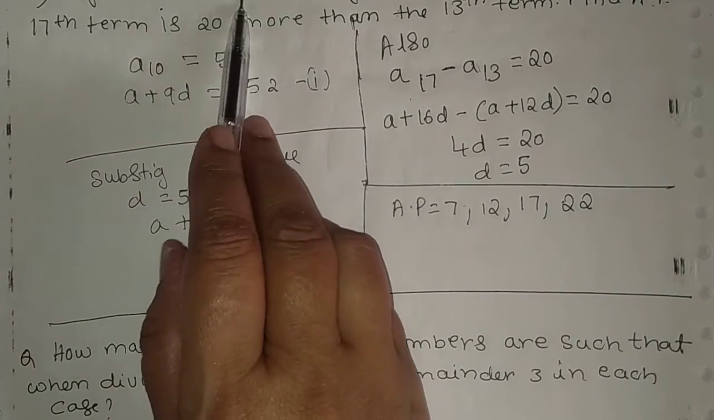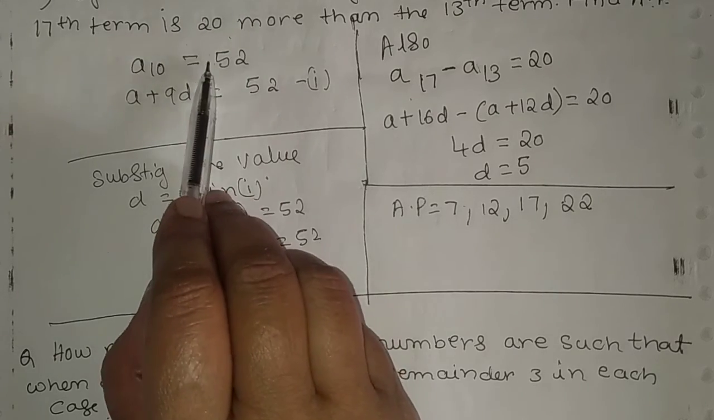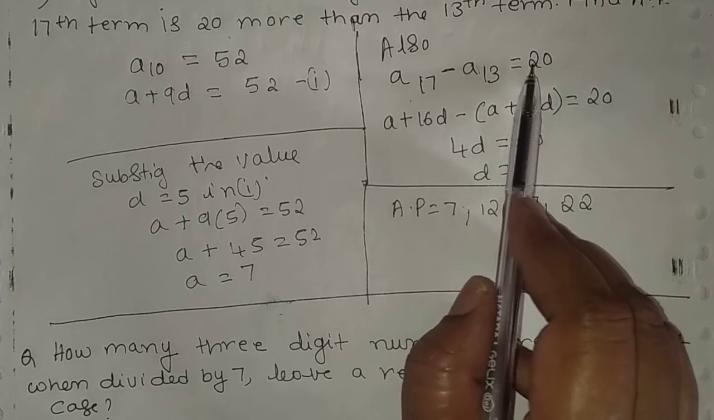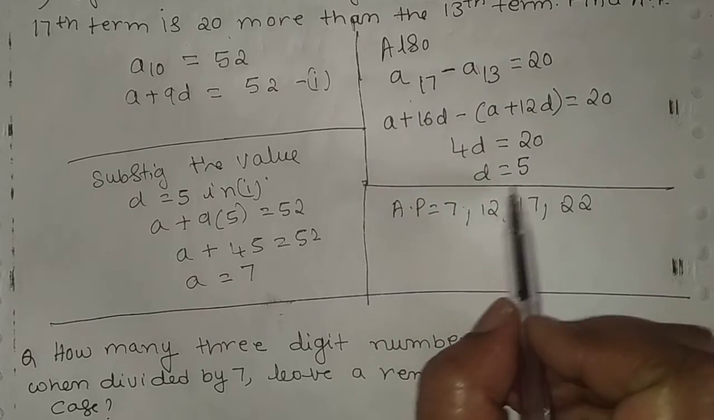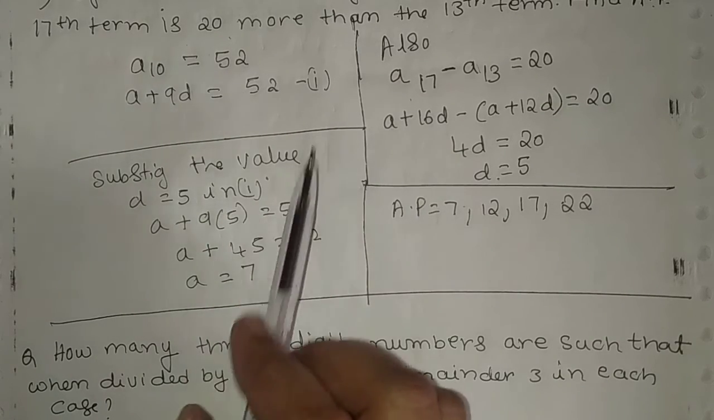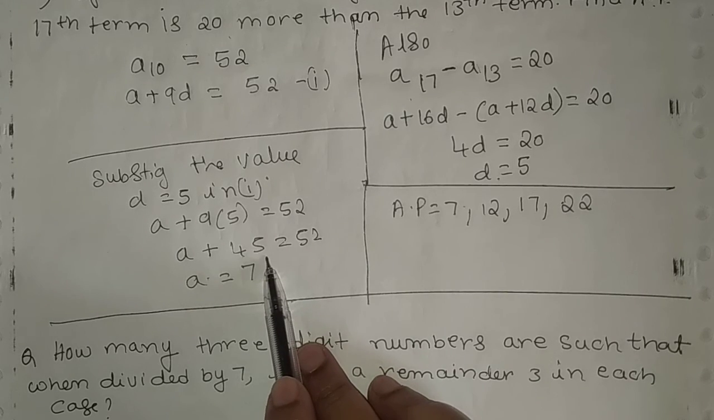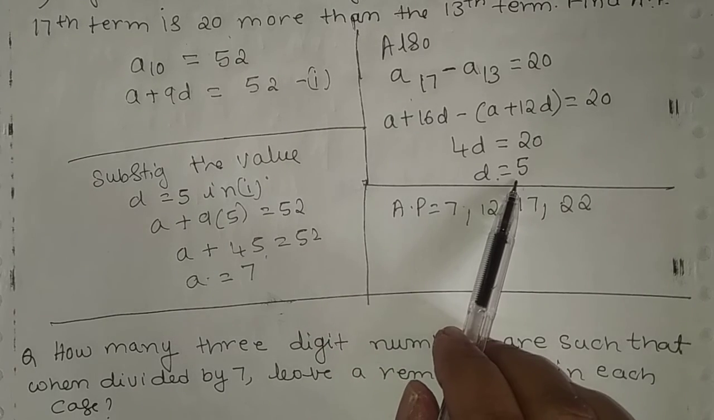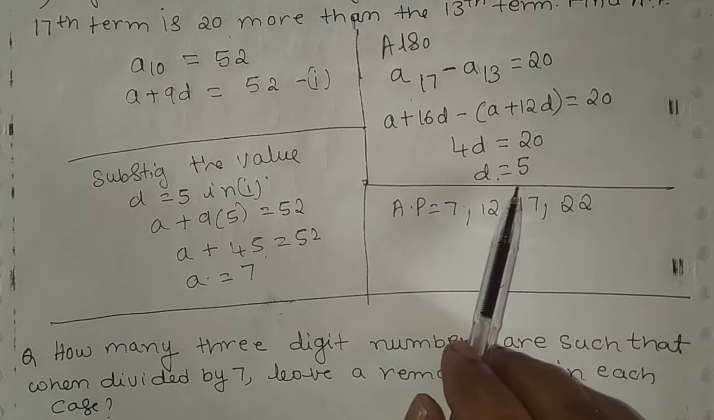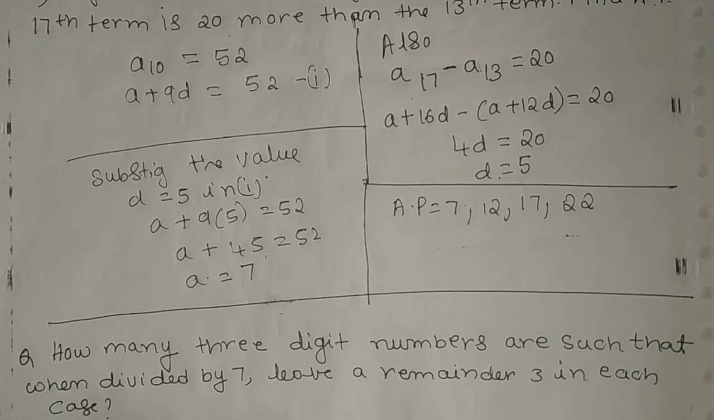We wrote the two expressions given in the problem, that is first one A10 is equal to 52. Then one more expression, that is A17 minus A13 is equal to 20. We solved this and found out D is equal to 5. Then substituted in expression 1 and then we got A. Then by getting this, A is 7 and D is equal to 5, we got the AP. 7 plus 5, 12 plus 5, 17 plus 5. This is the AP. So this is the solution for the